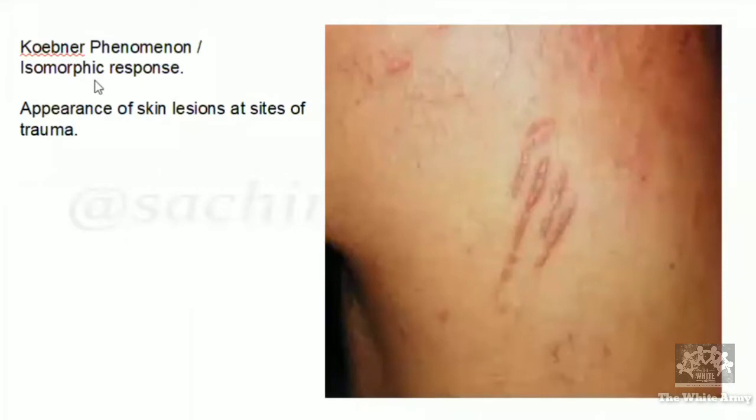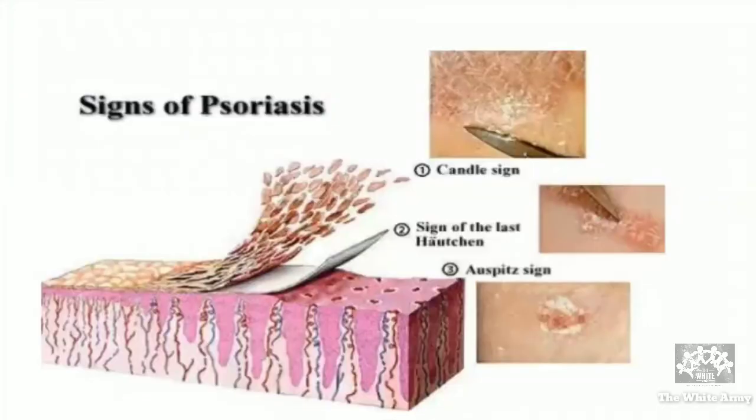There is also something called isotopic. That is different. A different disease at the same site is called isotopic. This is isomorphic. Please don't confuse them. Koebner's isomorphic phenomenon is very characteristic of psoriasis, but it is also seen in some other dermatological conditions. Next, the candle sign. When you scratch, it is like scratching a stick of candle wax, which peels off. Similarly, the scales will come off in psoriasis.